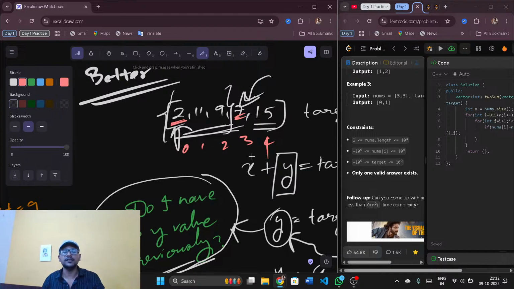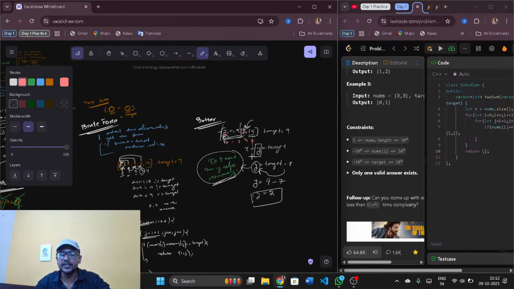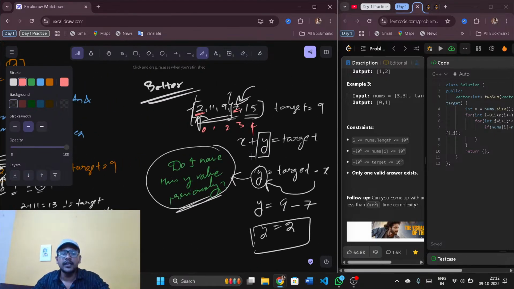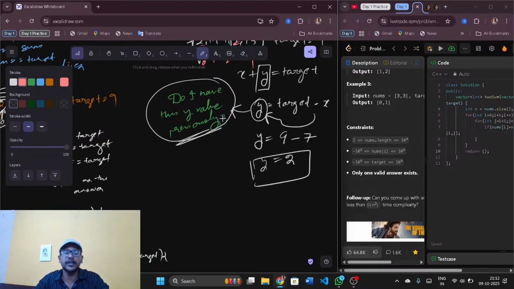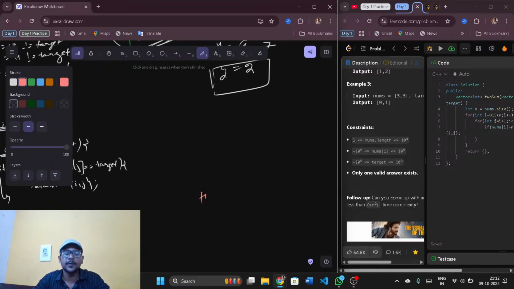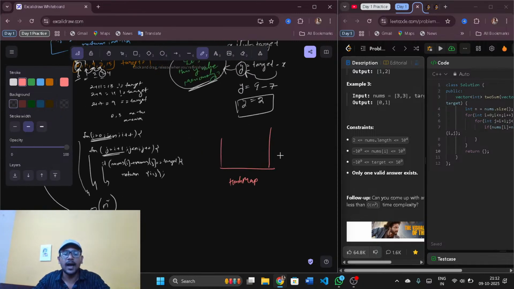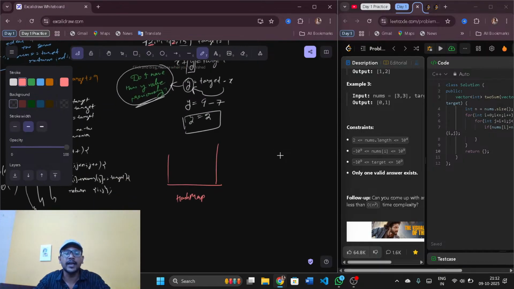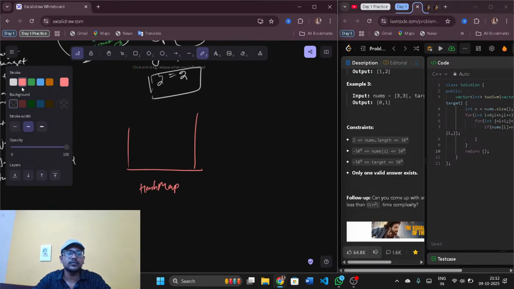So to get this, what I'll do is I will just take the elements and store the indices in a hash map, right? So let me go to this again, 2 11 9 7 15